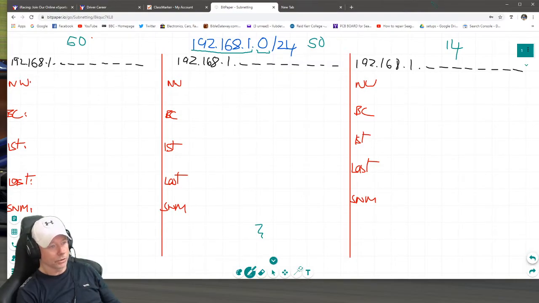Okay, so the next thing we need to do is work out how many bits are required in the host portion for us to have enough address space for 50 PCs, right? The solution to that is really, really simple. You just put a line down. It's not a 1, it's just a line, and say number 2,